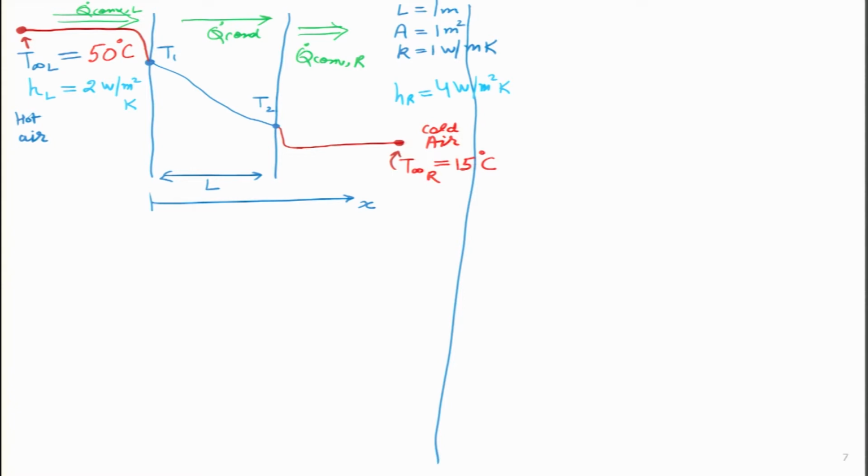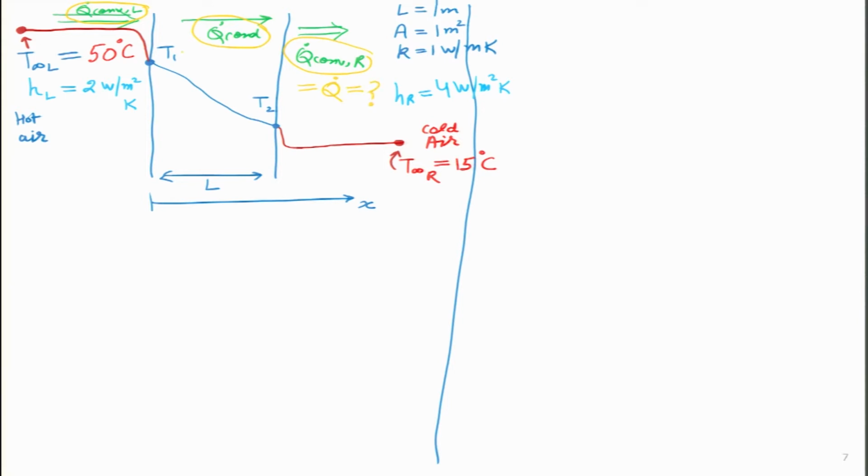What am I trying to calculate in this problem? Let us try to see. I will highlight it with a different color, maybe orange. I want to find out these values: the rate of convective heat transfer, the rate of conduction heat transfer. Essentially all three will be equal. I want to find out the value of that number. This is the first thing I want to find out, so I will put a question mark over here.